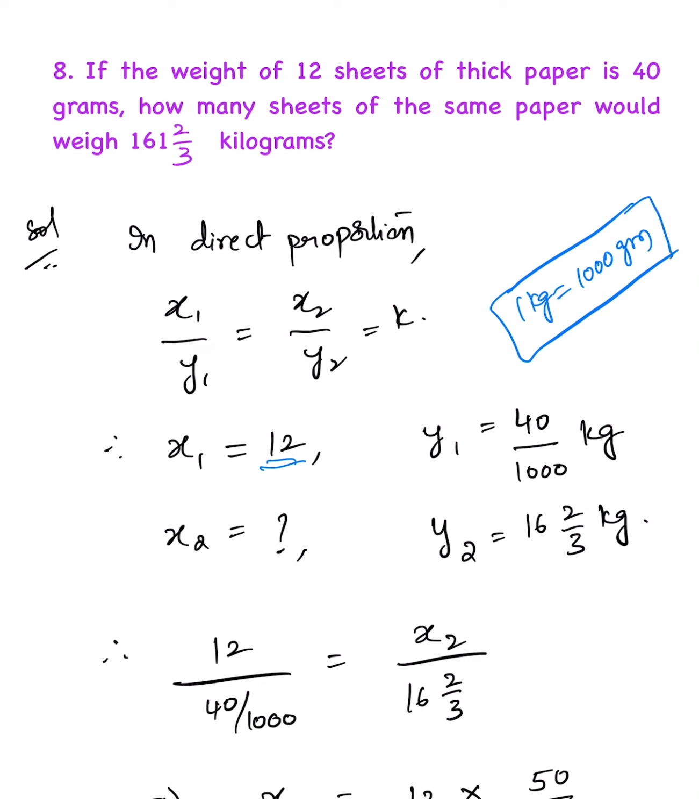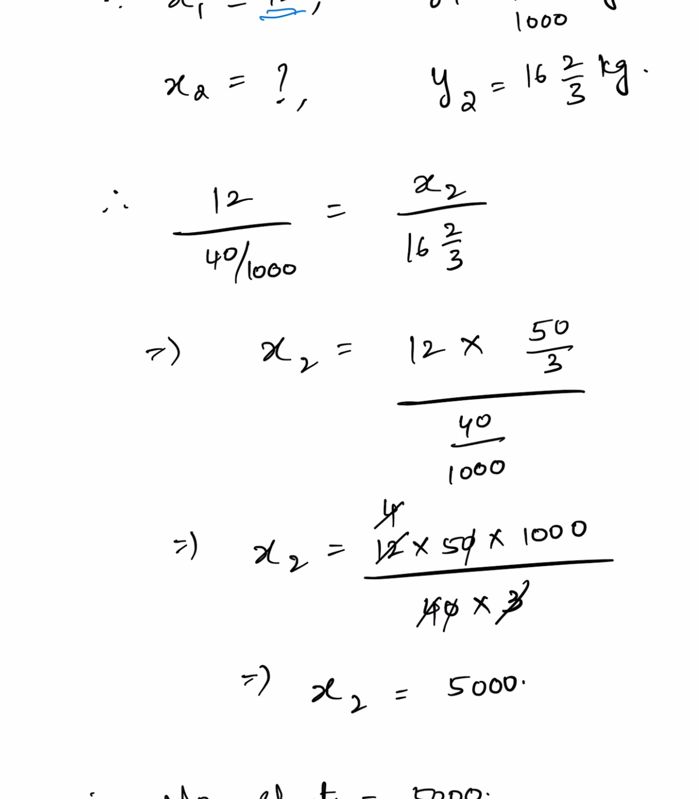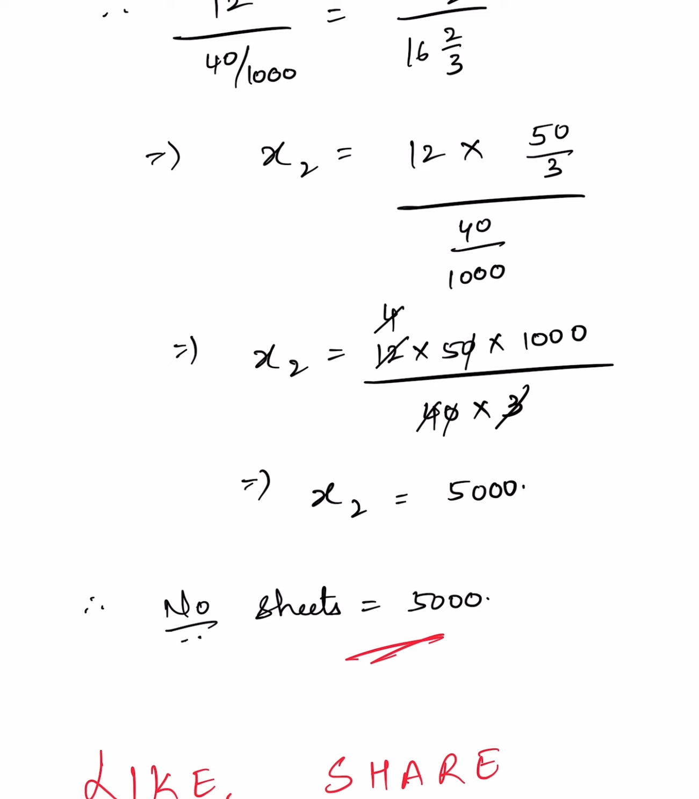16 2 by 3 kg is 16 3s are 48 plus 2, 50 by 3 kg. We have to find x2. Now, 12 by 40 by 1000 equal to x2 by 50 by 3. Therefore, x2 equal to 12 into 50 by 3 by 40 by 1000. So, x2 equal to 12 into 50 into 1000 by 40 into 3. After simplification, x2 is 5000. Therefore, number of sheets